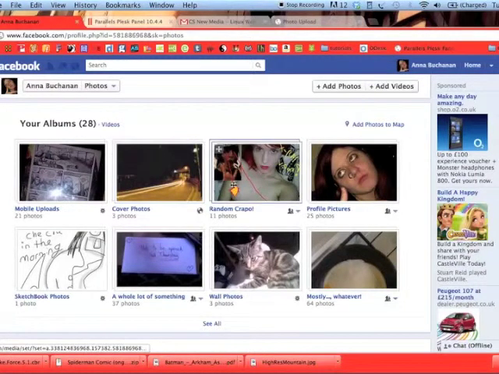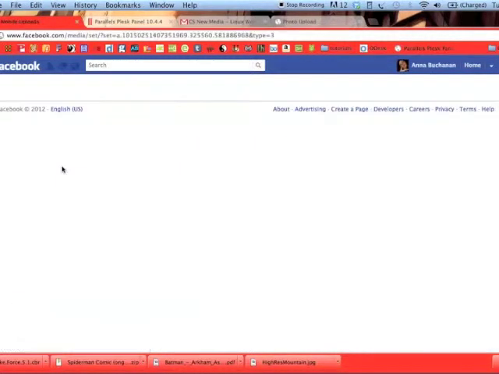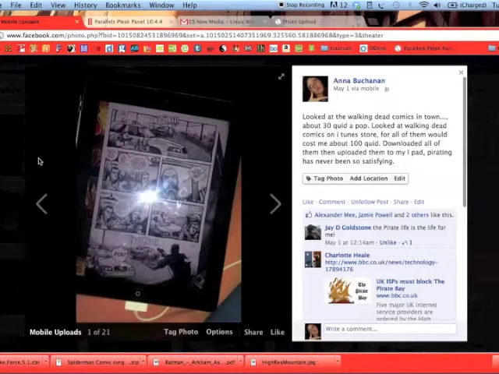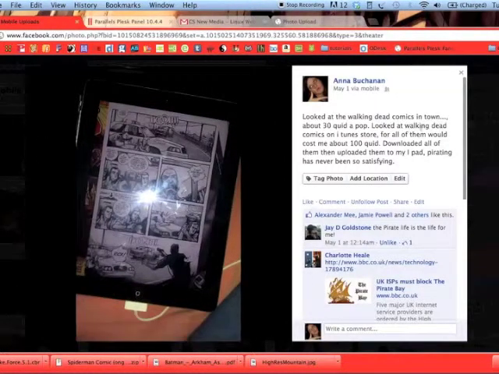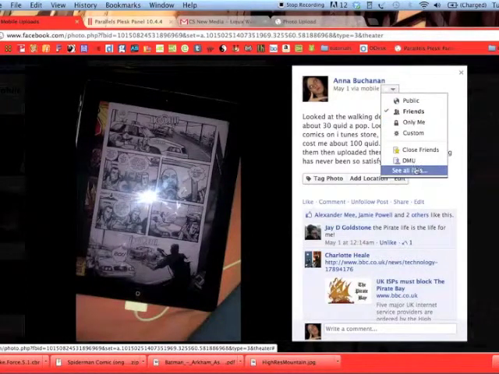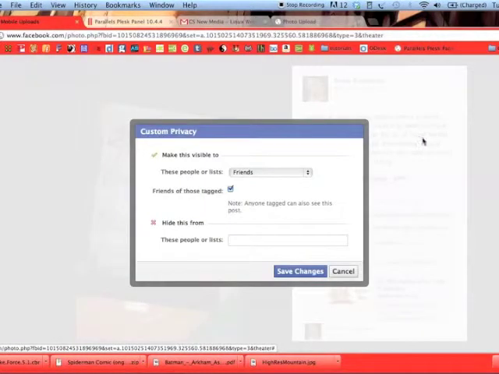Alright, let's have a look at single photos. It's pretty much the same. You just go in here and you can see the little icon there, and you can change it on that level. So maybe there's an album that you're fine with your parents seeing most of the pictures in, but maybe there's just one that could get you in trouble, in which case you'd want to use this option to go in and just pick out that certain photo and say, actually, I'll go to custom and I'll say I want to